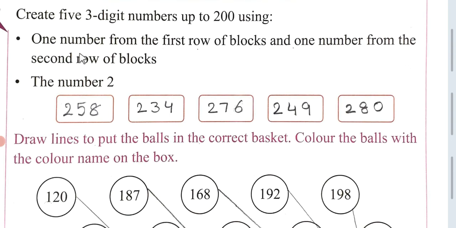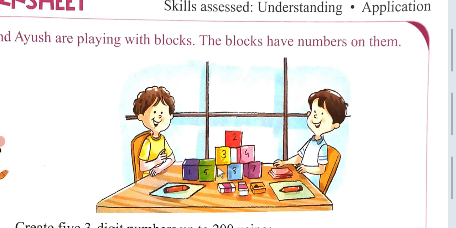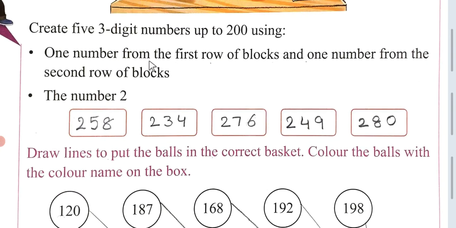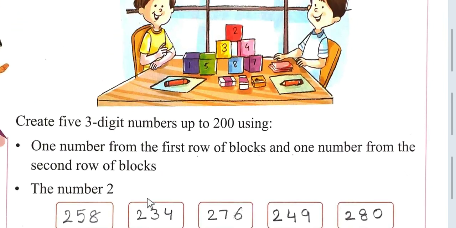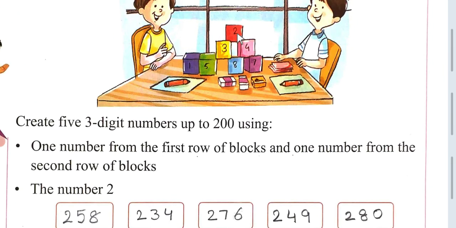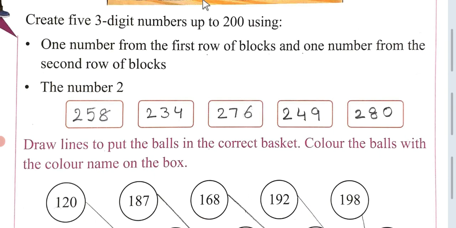So you have to create 5 3-digit numbers using 200. So first from the first block and second from the second block. And the number is 2. From the number 2 that is on the first block, you have to make numbers from the second and third blocks, rows. So first is